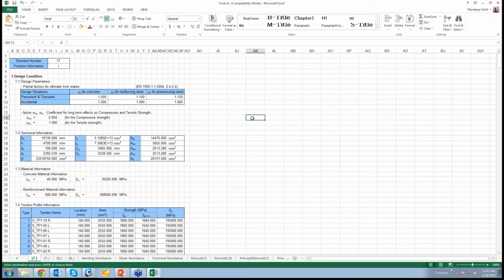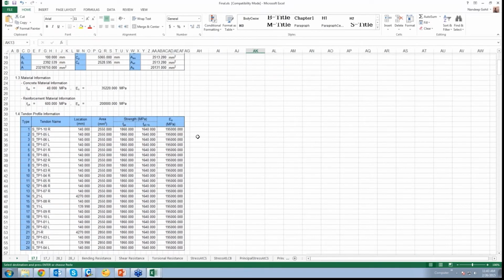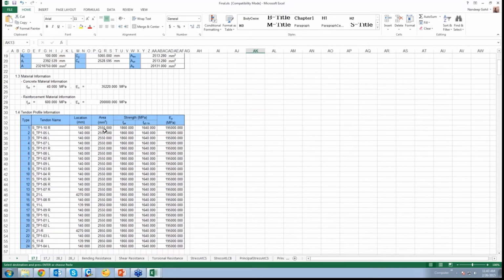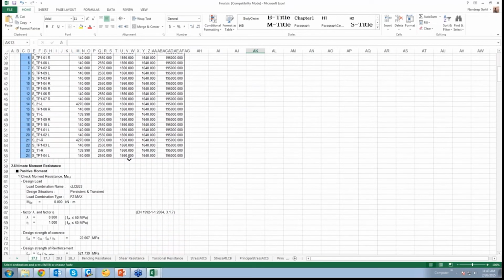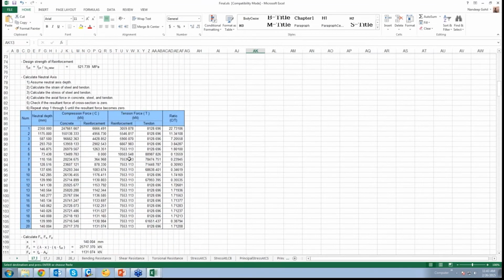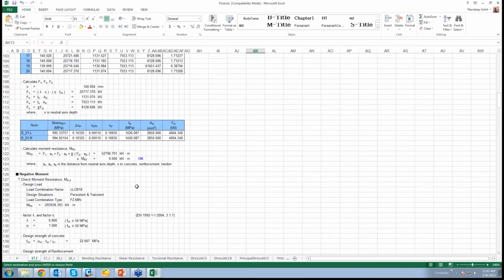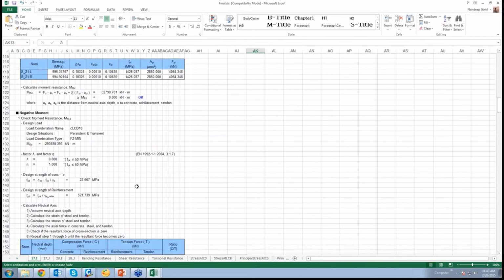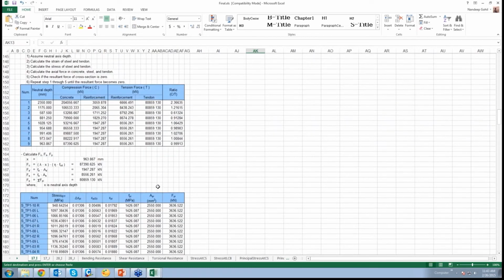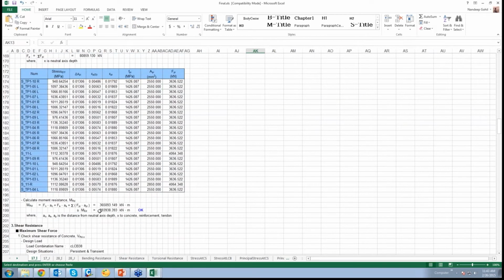So this is the final report that is generated. It will show what reinforcement we are providing and what is necessary, as well as, as I said, what our results are. All of those are shown over here. So there is 0 positive because it's a support section. So over here the negative bending moment acting is this much, and the section is designed for much more than that, so the section is shown as okay.